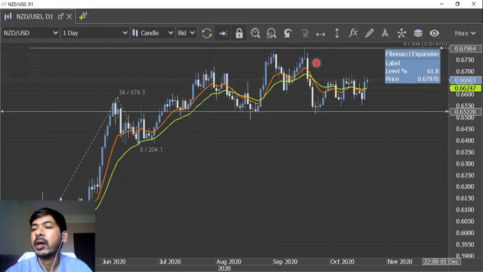That's around 300 pips range, and for this month it has hovered in this 100 pips range, where it has found the support around